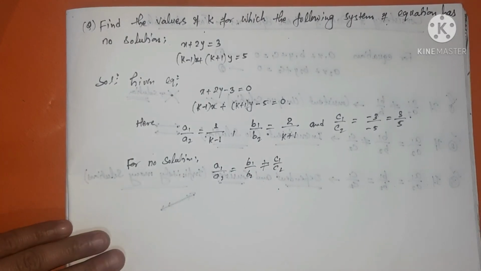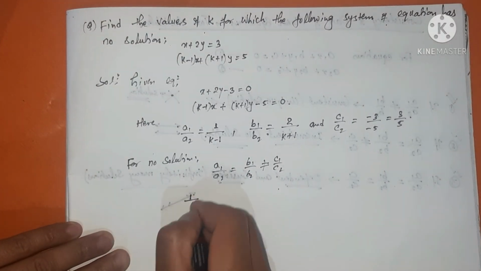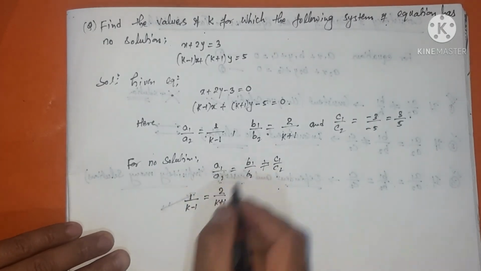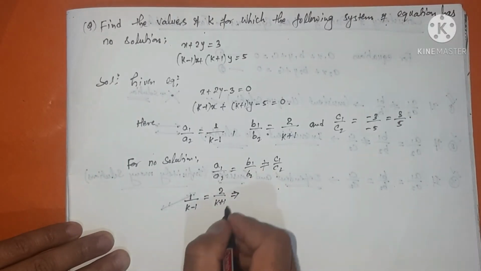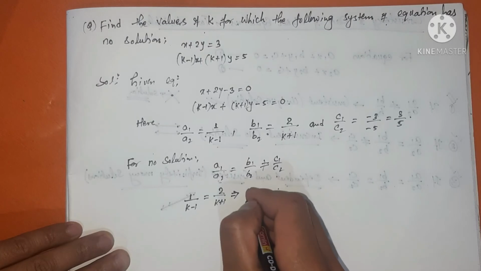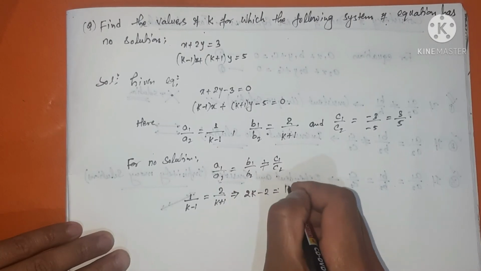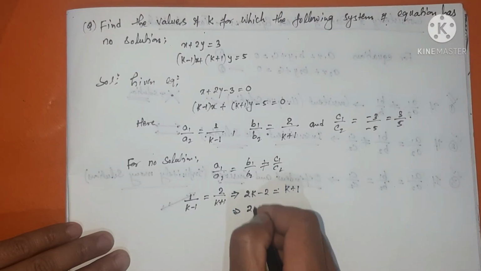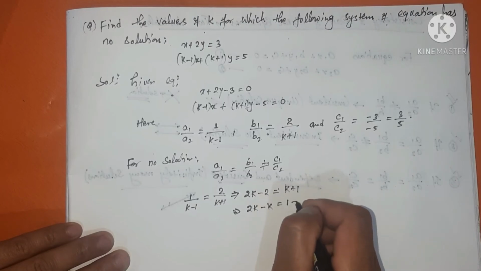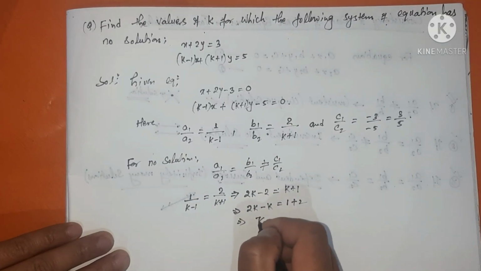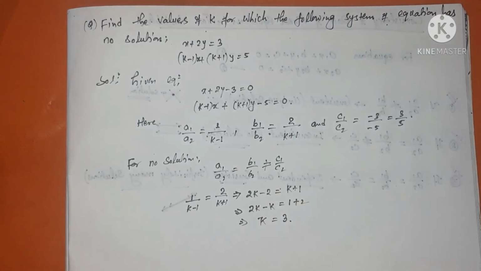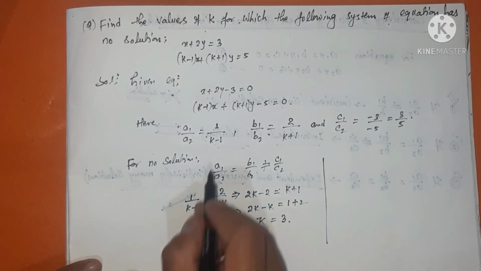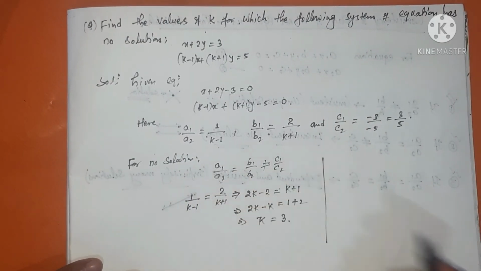So now when we take the first two ratios, 1 by k minus 1 is equal to 2 by k plus 1, a1 by a2 equals b1 by b2, and this further gives you, if you cross multiply, 2k minus 2 is equal to k plus 1, right? Or simply 2k minus k is equal to 1 plus 2, or simply here k is equal to 3. So if k is equal to 3, then let us check, the first two ratios will be equal,